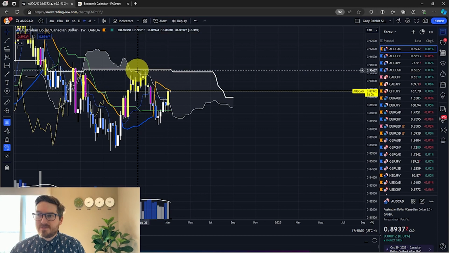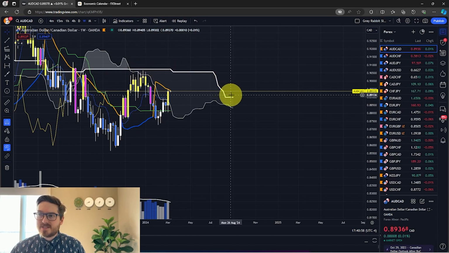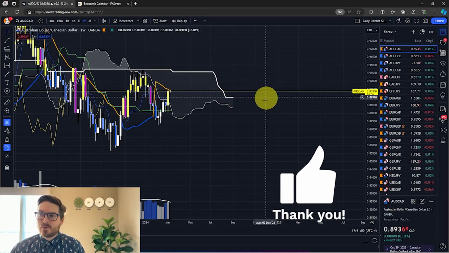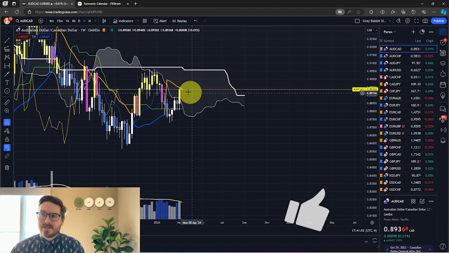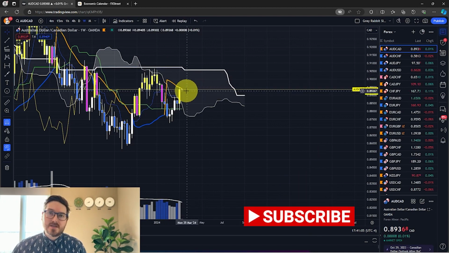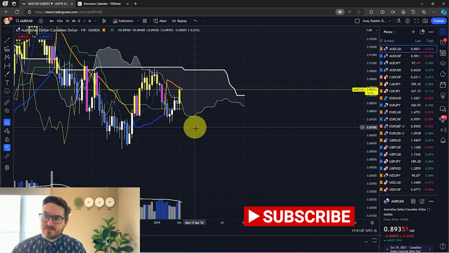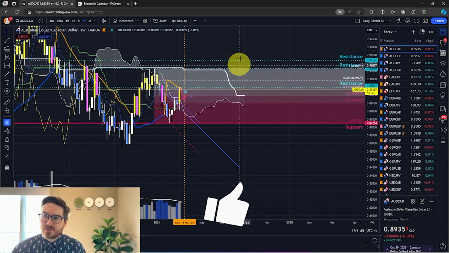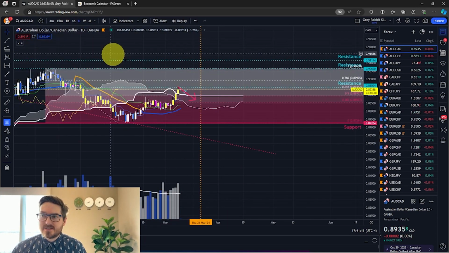And now we would need price to break the Senkou span B, which is the thick white line here, and a Kumo cloud twist. So guys, right now we only have 2 out of the 3 signals, and I'm expecting price to retrace back down in the bearish direction. And if we go to the daily time frame,